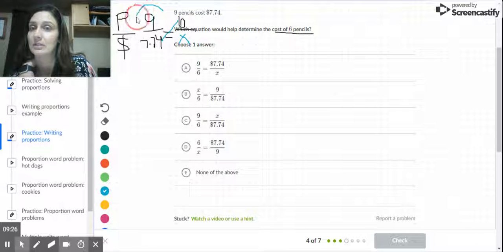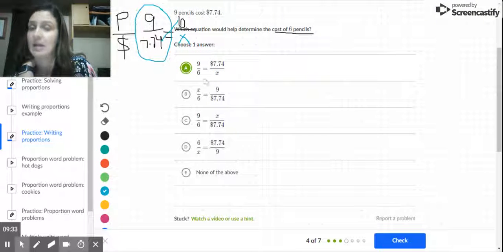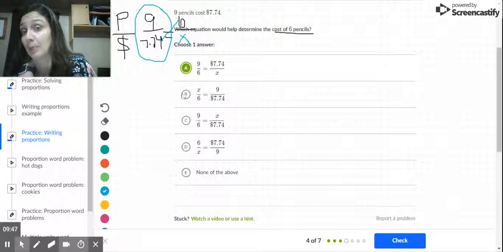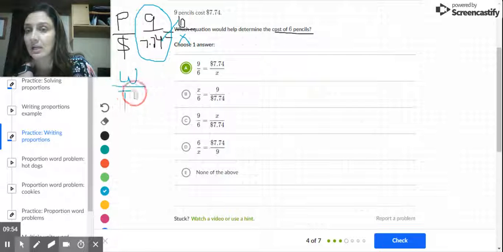And does the 9 and the 774 tie together? Well, yes, because they're both on the top, okay? And the amount that I'm looking for belongs with the 6, yes, because they're both on the bottom, okay? So here what they did is they did like part over whole or whole over the part, okay? So if all the pens were the whole, and then the part of the pens, so if I have all of my pens were 9, and I want to know what 6 of them cost, which